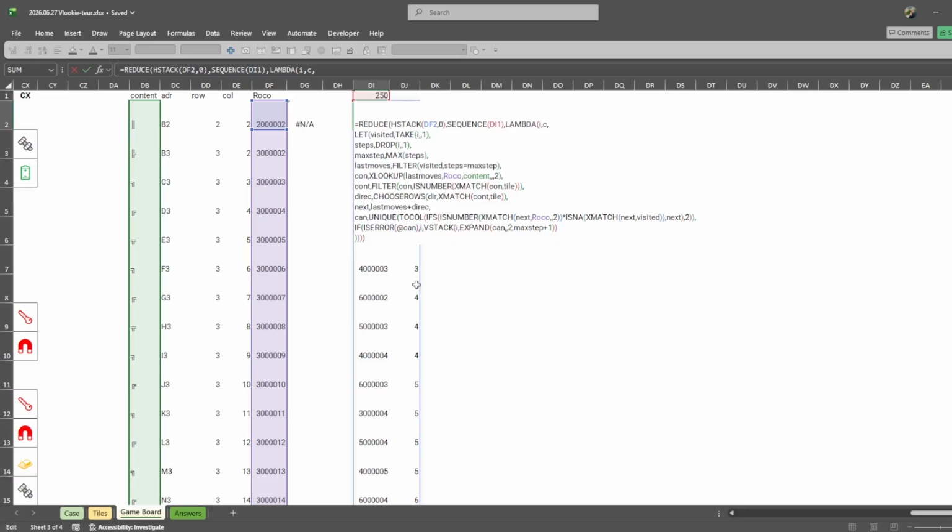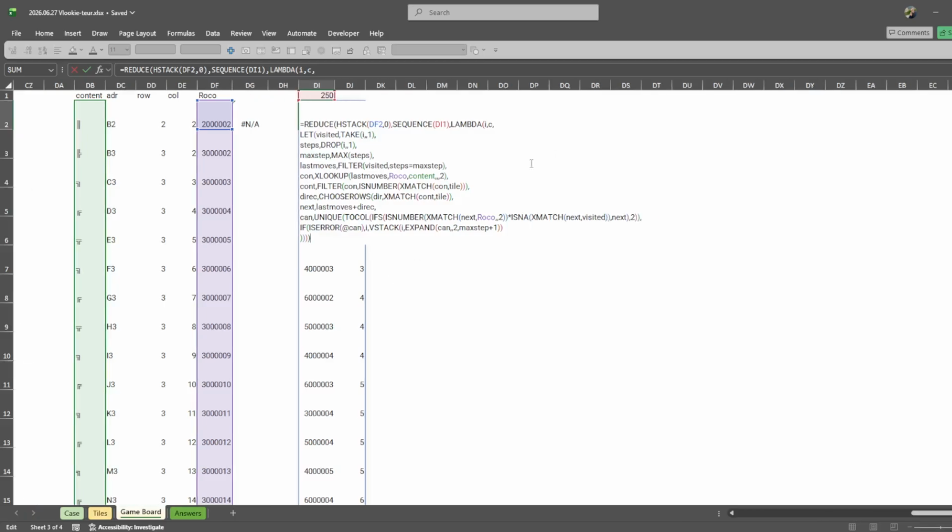Reduce, I'm starting with anything. Like I could start with 1, then I wouldn't have to do +1. I'm doing steps. I'm taking all I've visited, I'm taking all the steps I had and take the max of them to filter what I've visited by the one I did with the last step. Makes sense, because I don't want to always add the same because it's just repeating. I'm getting the content, which is fine. It should be fine because they are valid, so they have a content. Well, I don't think that this is an error, but